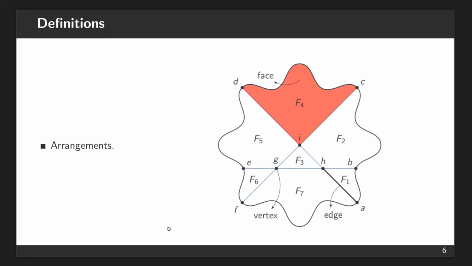deadlines. Okay, we're going to use the term arrangement here, because the barriers plus the polygon define a planar subdivision, and you can think about a planar graph, and of course we use the same terms, but people in computational geometry call this an arrangement. And then we have the same concepts of faces, edges, and vertices.